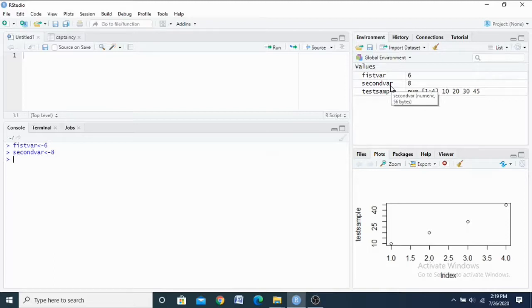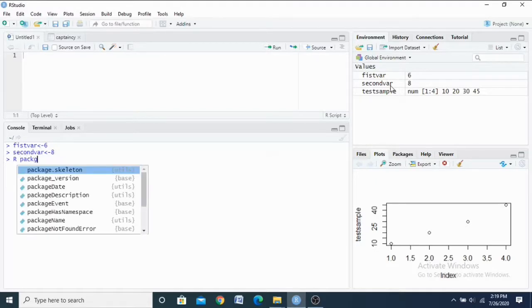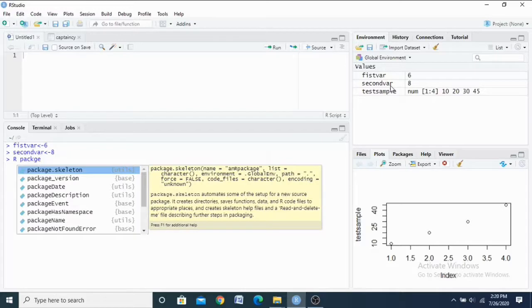Now I move on to packages. Already we installed some basic packages in our RStudio. Now we can see some more information regarding these packages. R packages are a collection of R functions. Some functions are compiled and run, and some sample data is also available. A collection of R functions, compiled code and sample data is called a package. It is all combined into one package, stored under a directory called library in the R environment.